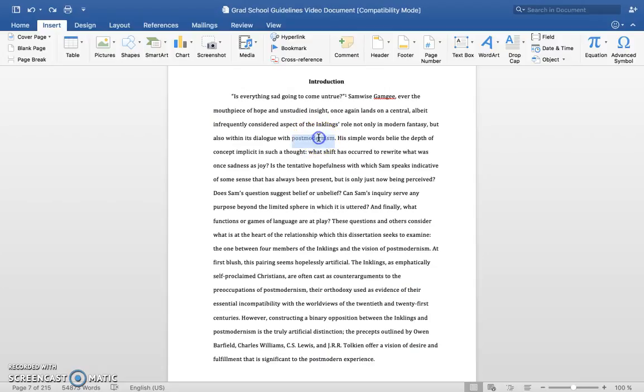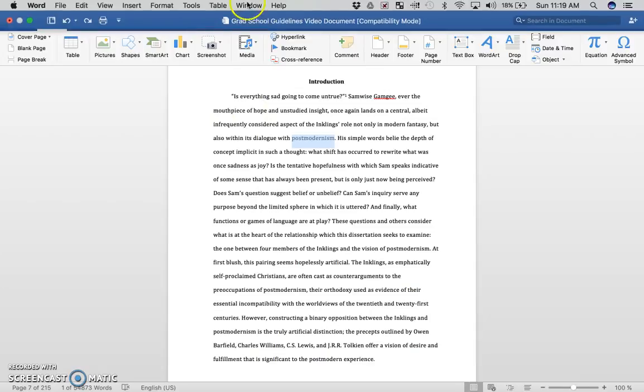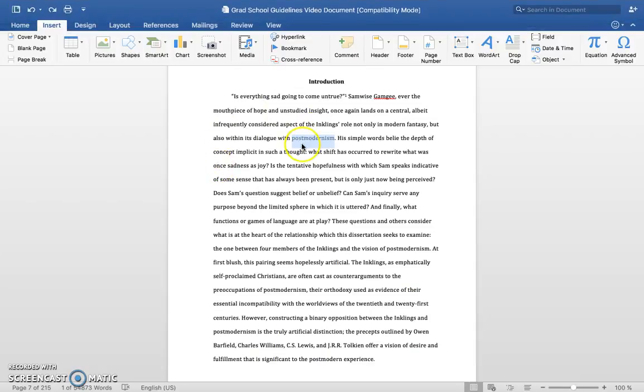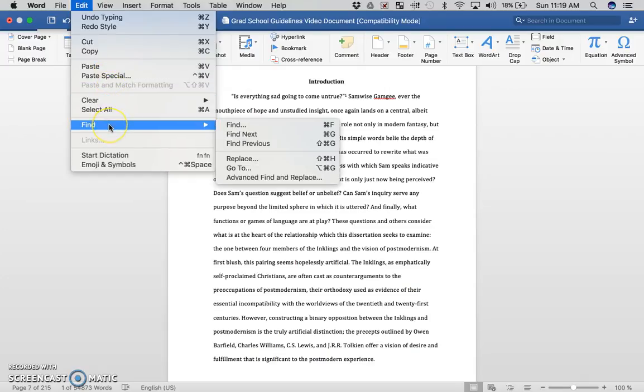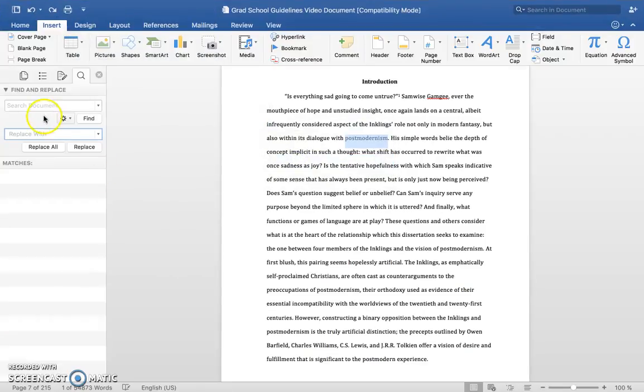So let's say that I want to look at this term postmodernism. If I want to find and replace postmodernism with the postmodern, or I even want to capitalize postmodernism, it's very quick to do that. And what I can do is I can go to the Edit tab up here, go to the Find button, and go to Replace. So I can search the document for all instances in which I used postmodernism,